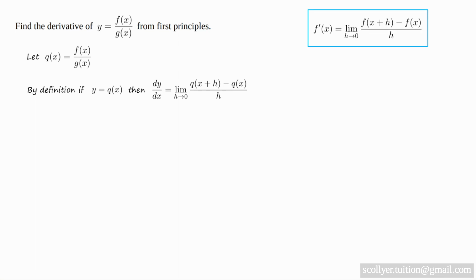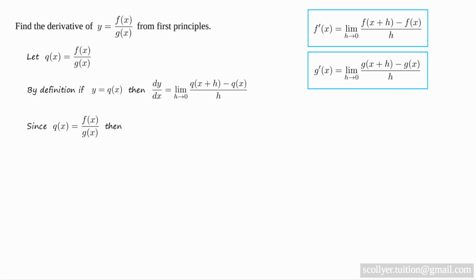And we recall that f dashed of x equals the limit as h tends to 0 of f of x plus h minus f of x over h, and similarly for g dashed of x. And now, because q of x equals f of x over g of x, then we have that q of x plus h equals f of x plus h over g of x plus h. And so given the definition of dy by dx, we make the following substitutions